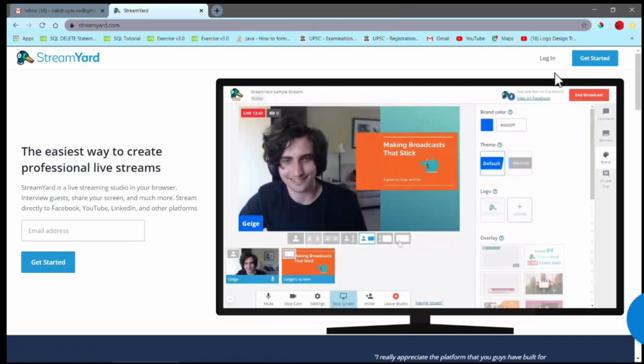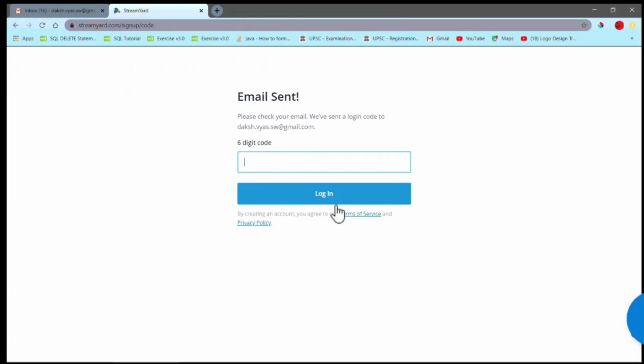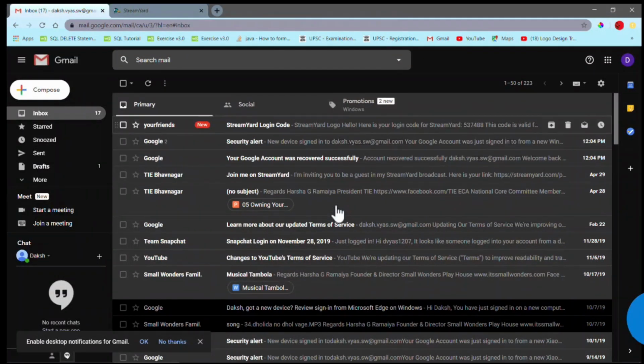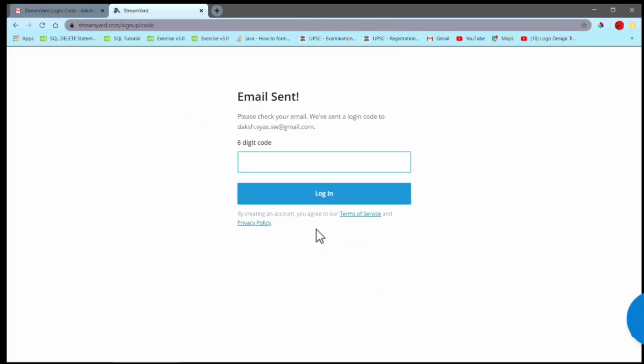So after clicking on get started, they will take you to a page, create your account. Here you need to enter your email ID. You will receive your email on that. So after entering the email ID, you need to click on get login code. When you click on get login code, an email will be sent to your email ID. So you need to go and check your emails for this, and please take care about one thing: if you don't receive the emails in your inbox, please go and check your spam, as many of these emails are also recorded in spams. Please go and refer that if you don't find it in your inbox.